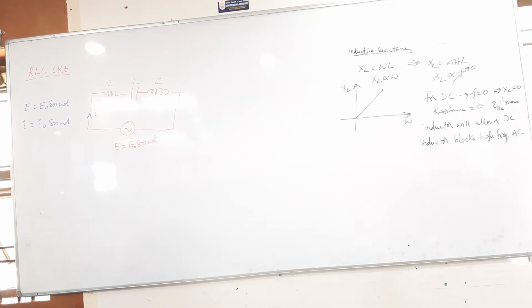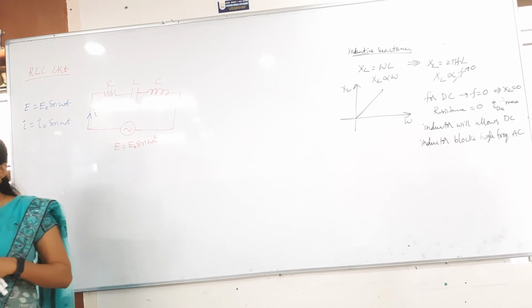So here I is equals to I naught sin omega t. Here in this we are not going to derive anything. Directly we will take E is equals to E naught sin omega t, I is equals to I naught sin omega t. Mainly you are just combining all of them, nothing but what will we get here? Which resistance will we get? Impedance Z.